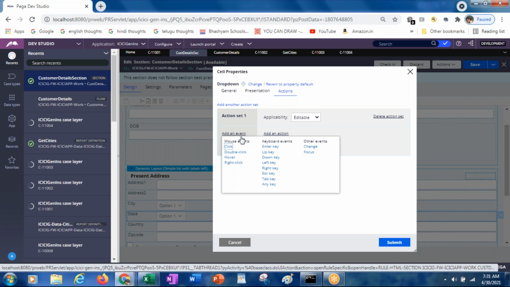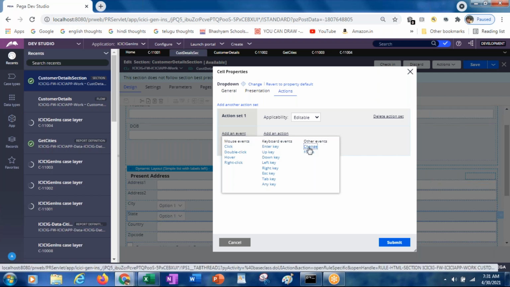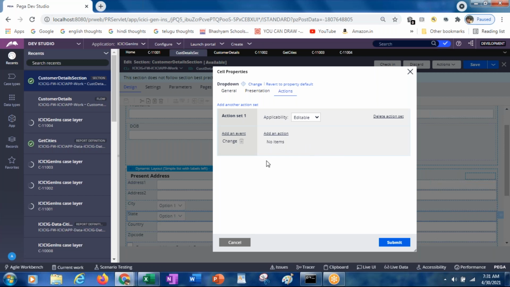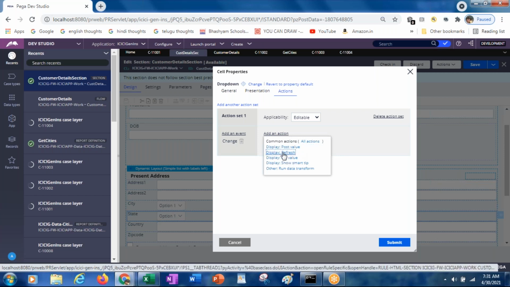Generally for the drop downs you will be seeing change and focus should be applied. So here if you select change, that means once the value has been changed in the states drop down, what exactly do you want to do? Either it is editable, read only, both, whatever it is. The drop down can be editable or read only or both. And the action you want to do: I want to refresh this section.